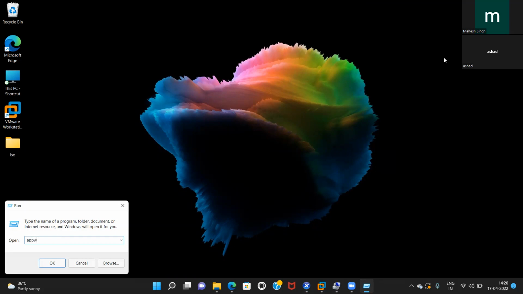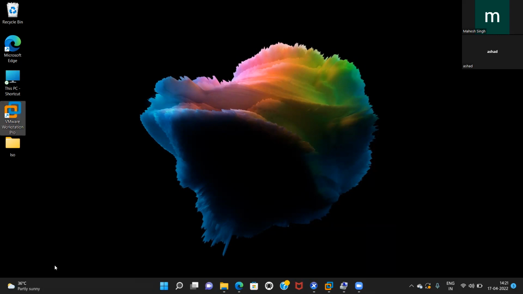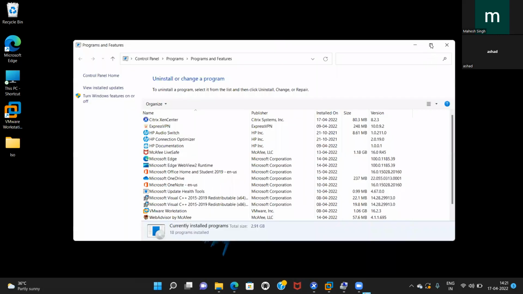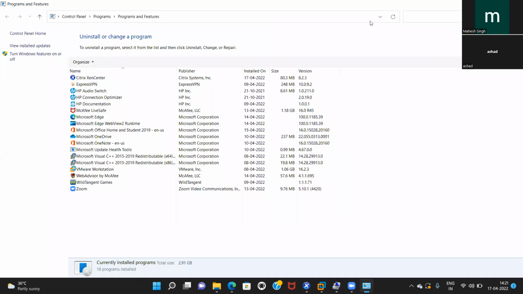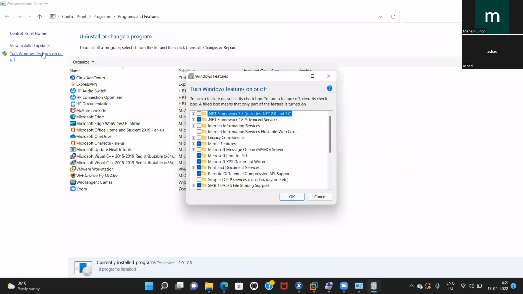ऐप विज डॉट cpl, करेक्ट। करेक्ट, एंटर करो। नाउ टर्न विंडोज फीचर्स ऑन और ऑफ पे क्लिक करो लेफ्ट हैंड साइड से। इसमें देखो हाइपर-V भी दिख रहा है क्या? ऊपर जाओ, नहीं होगा। ये तो ऊपर ही है।